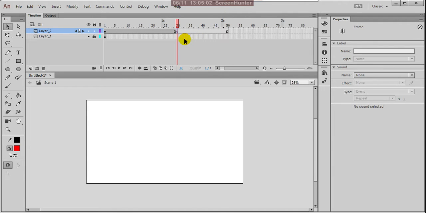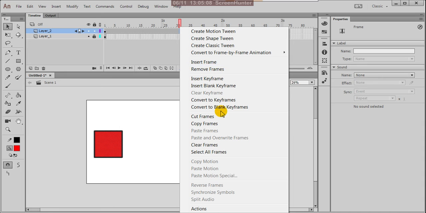Now Control Z. Then you can right click and convert to keyframes. A blank keyframe or frame you can convert into a keyframe, and convert to blank keyframe. Again that keyframe you can convert to a blank one also. So slowly, one by one, you will easily understand these things.